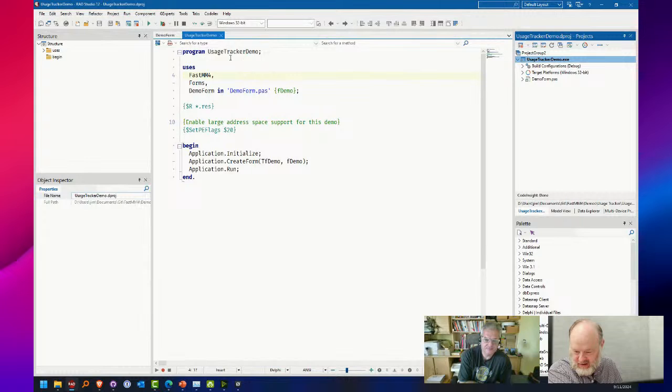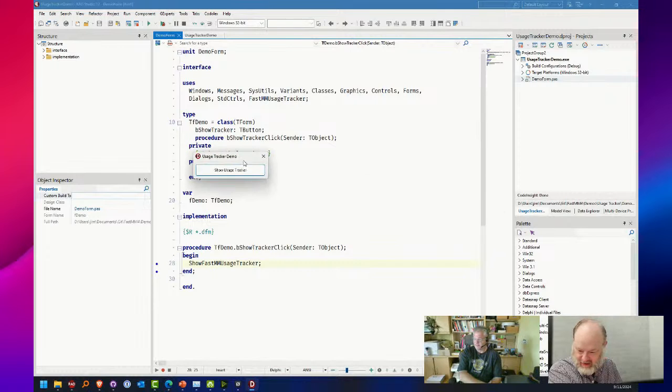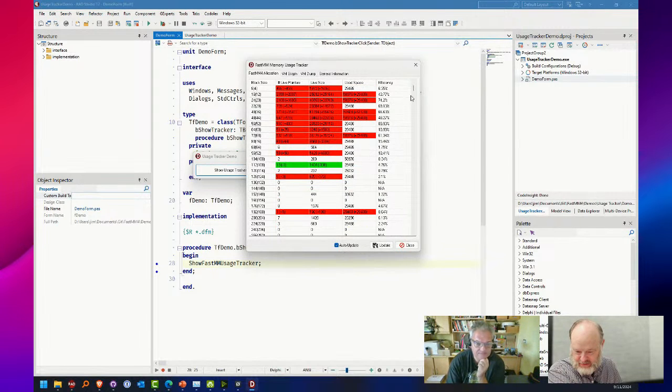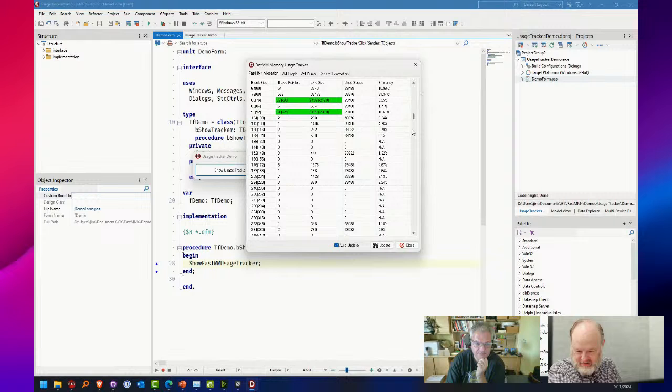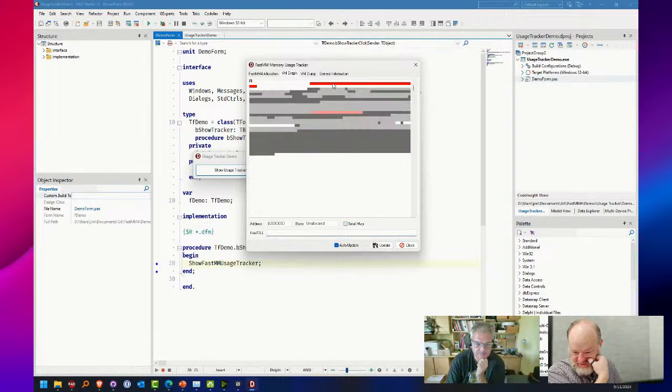This is the usage tracker, which I was kind of impressed with when I ran it. I was like, oh wow, that's a lot of information. You can bring it up here. I'll turn on auto update for now, and it shows you all the blocks, the allocations, deallocations, efficiency, and so on. You can also go into the VM graph, which will make this larger, and you can look at individual blocks and see their status.